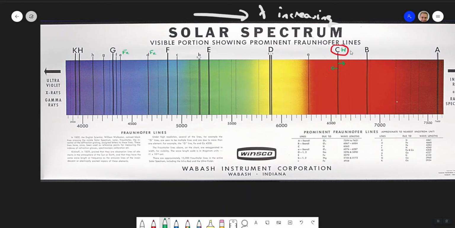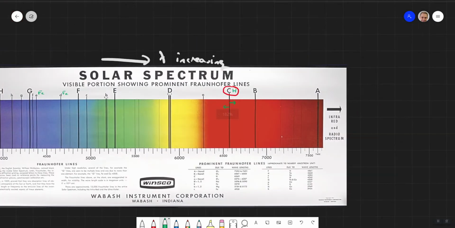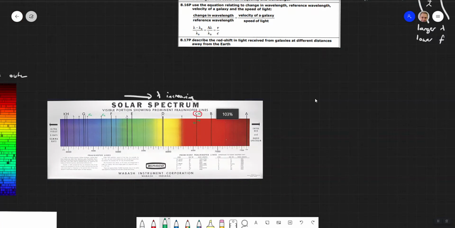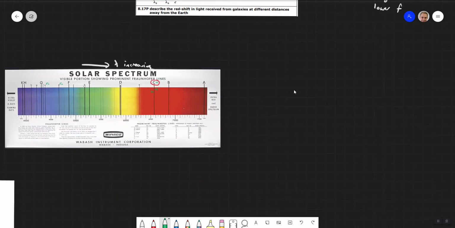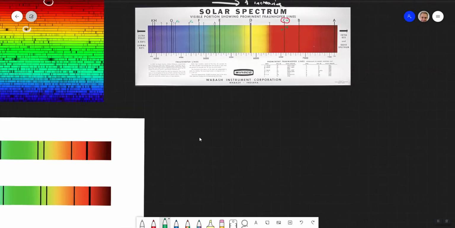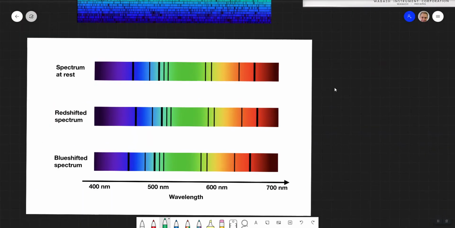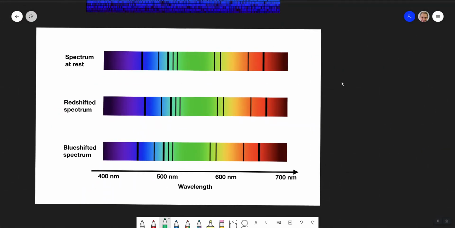If the thing is moving away from us, we might measure the wavelength to be a bit smaller if it's moving towards us, because that line is going to behave in exactly the same way as the Doppler effect. So this philosophy is going to be true here. And this is ultimately what we do: we tend to look at stellar spectra.